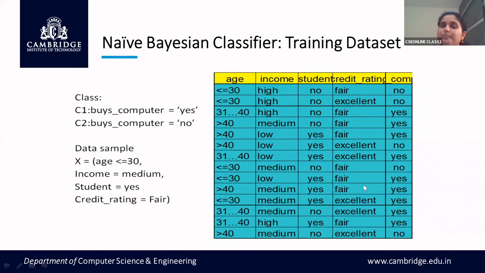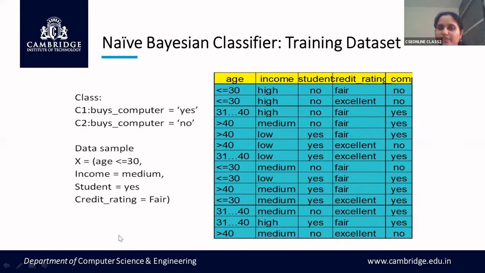In order to find the maximum likelihood of these 4 attributes, you will take only the rows with age less than or equal to 30 first. How many of them are there? 1, 2, 3, 4, 5 are there. Out of these 5 rows, you will extract only these 5 first for age less than or equal to 30. Similarly, you will find out how many of them have income equal to medium. Clearly, you have only 2 rows with income equal to medium, and student equal to yes, you have only 1, and credit rating is fair.